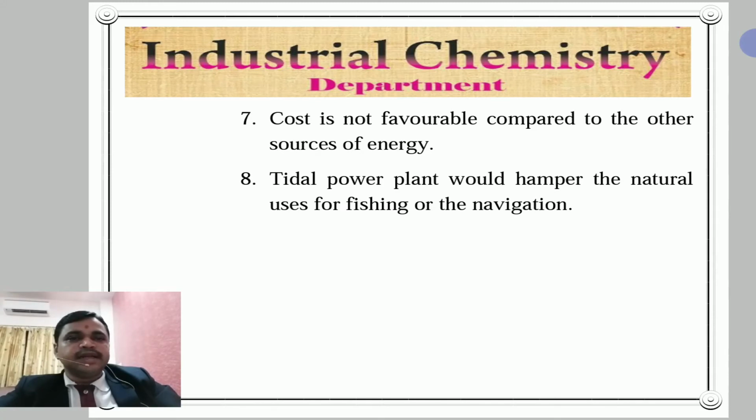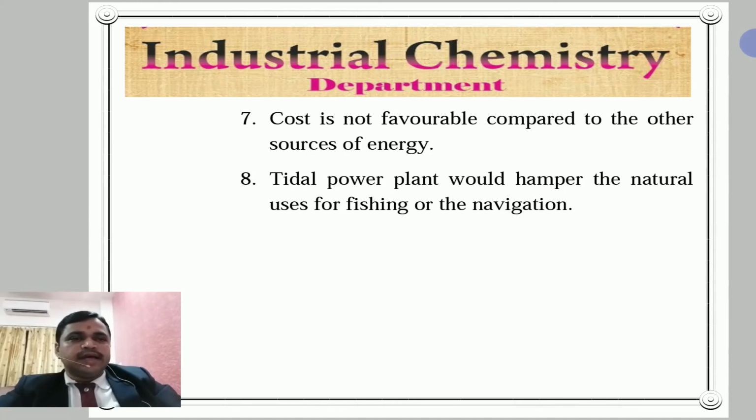And last, number 8, a tidal power plant would hamper the natural uses for fishing or navigation. It is very important. I repeat, a tidal power plant would hamper the natural uses for fishing or navigation. These are the main disadvantages of